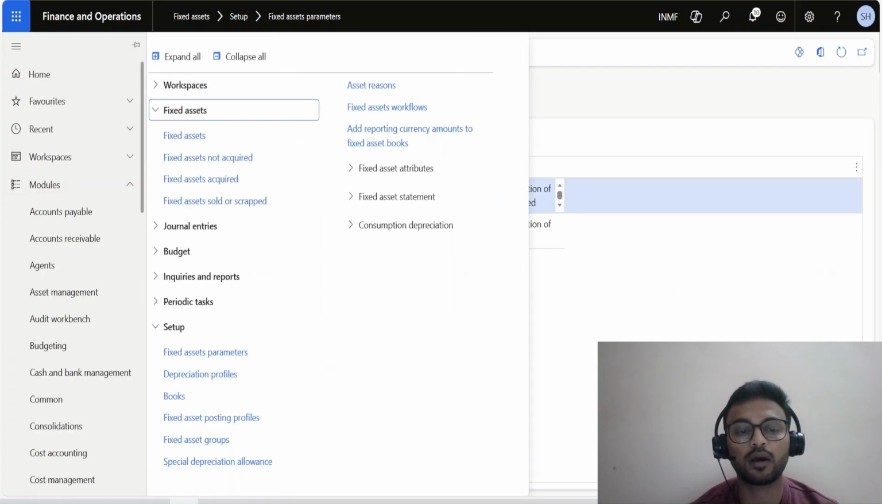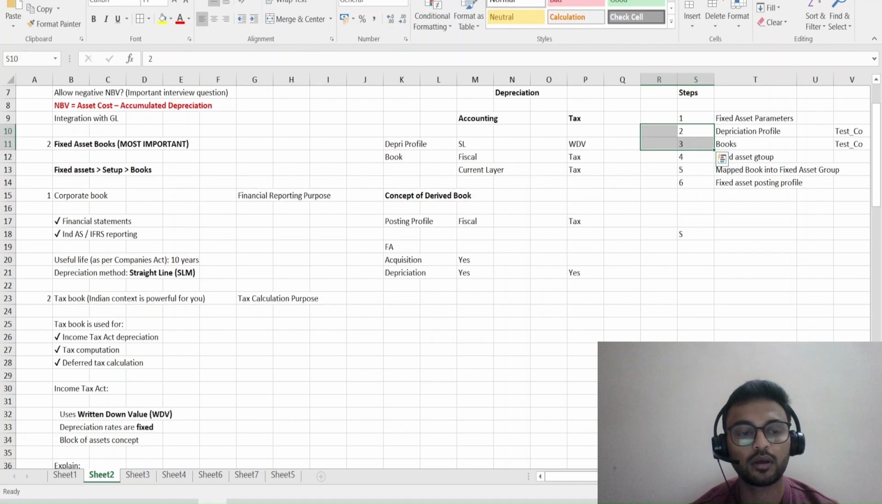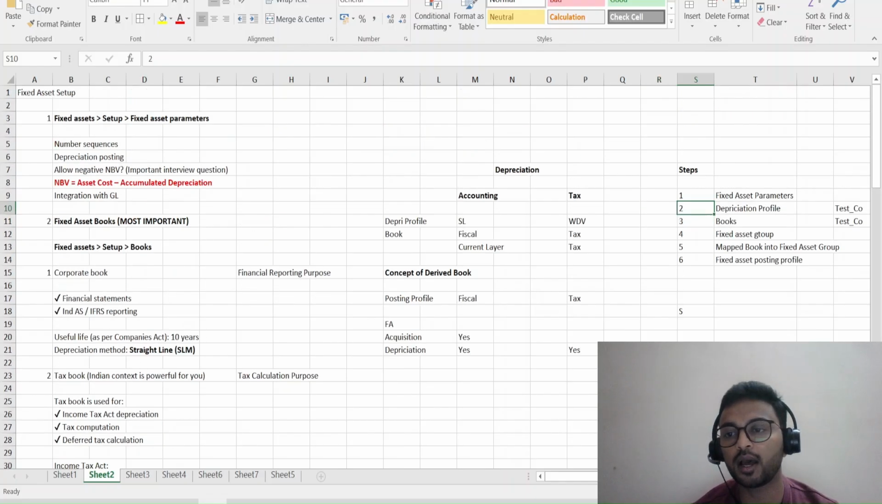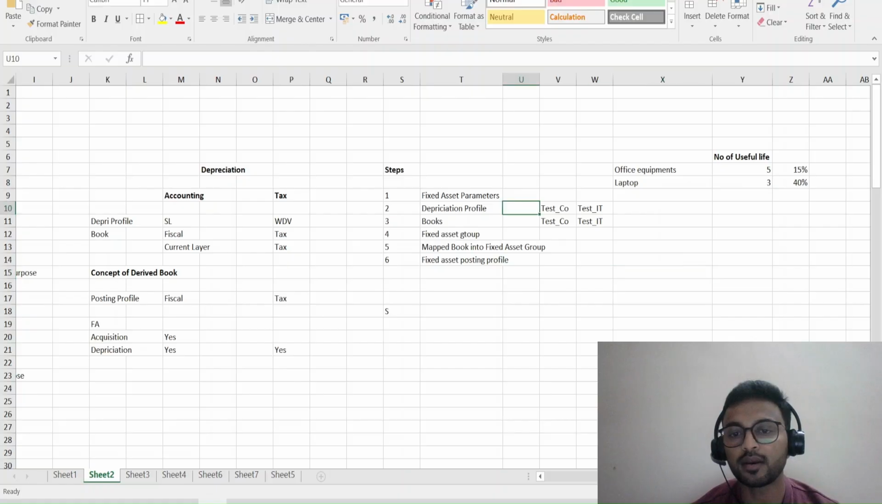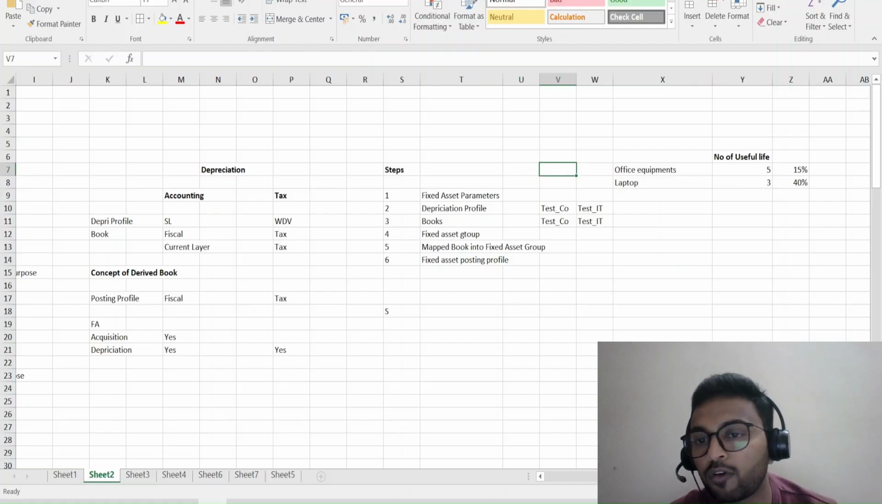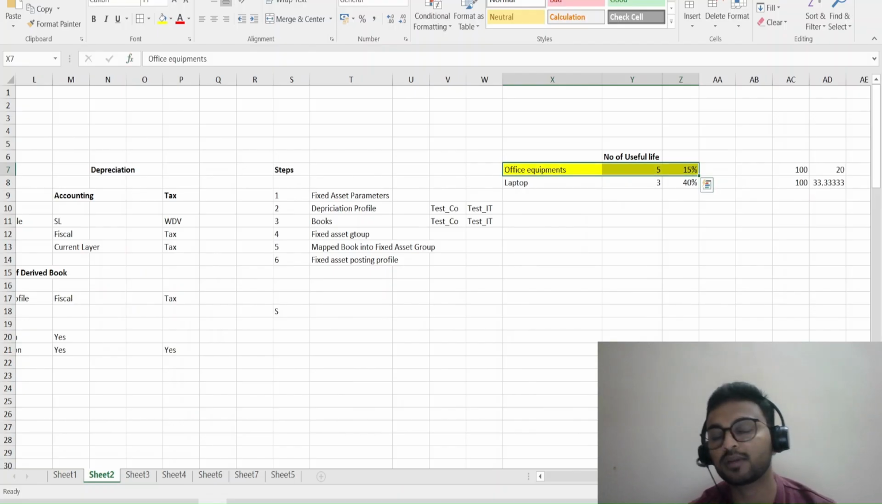Now we'll move into all the other setups. The second important setup is the depreciation profile. We'll understand how the depreciation profile works. Firstly, we'll take an example of office equipment. Throughout this lecture, we'll take office equipment as the base. Maybe we'll try to figure out another option also, but we'll purchase all the fixed assets of office equipment